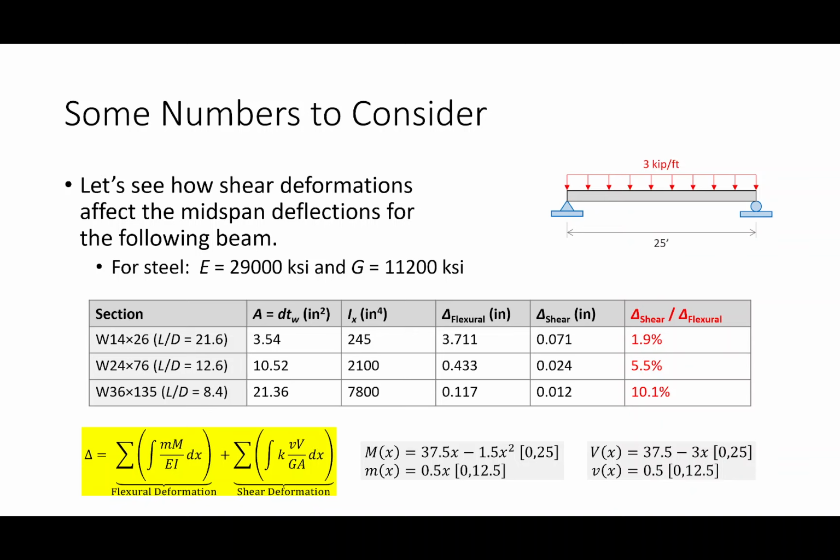So whenever you deal with a really, really deep beam, you need to consider shear deformations. Most software packages will ask you whether or not you want to turn that on or off. That's what that means: you're considering when the beam behaves very deeply. Okay? Does that make sense?